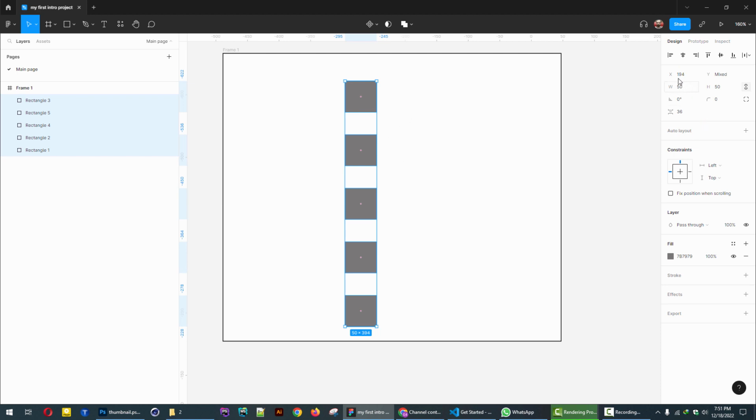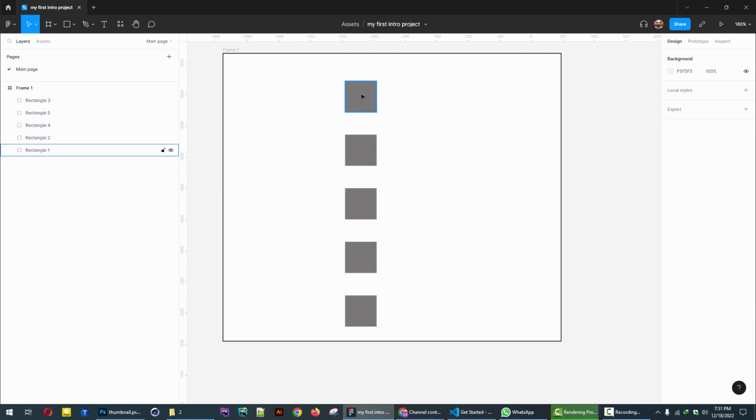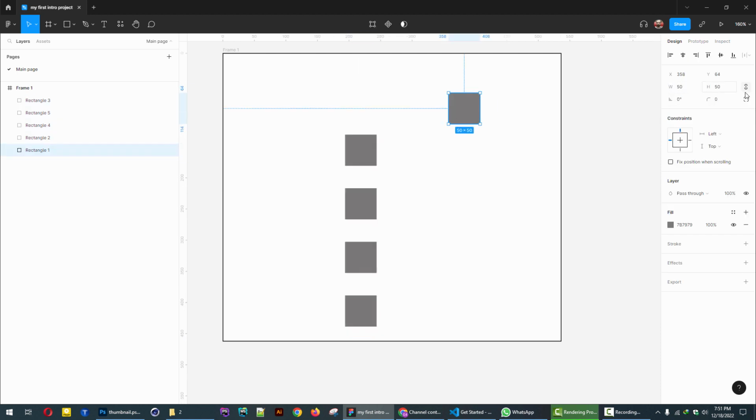And below the alignment options, you will see many XY options. So W means this is the width of the element. Let's say I want to manipulate the width of the element. Let's say I want to make the width 100 pixel. So you will see at 100 pixel equally width and height are